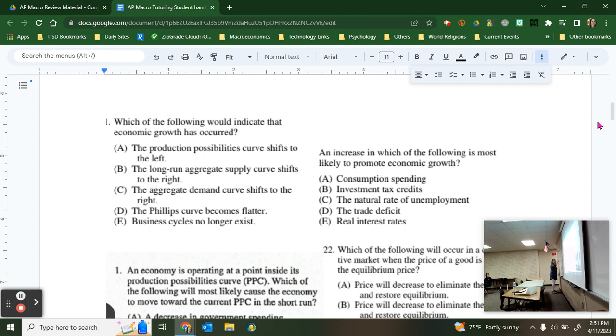So long run aggregate supply shifting to the right, LRAS, and the PPF curve shifting to the right, those are the same. Every time that we've written it down in an FRQ, it's always been in PPF form, but these two are the same. So you're going to see LRAS shifting to the right as multiple choice questions like we do here. But if you were to draw it on an FRQ, chances are they're going to have you draw it on a PPF curve.